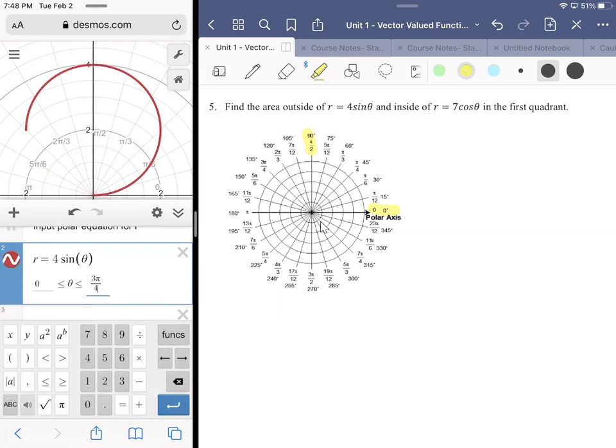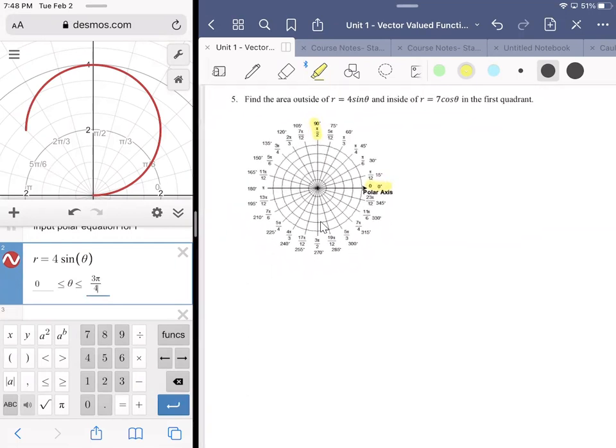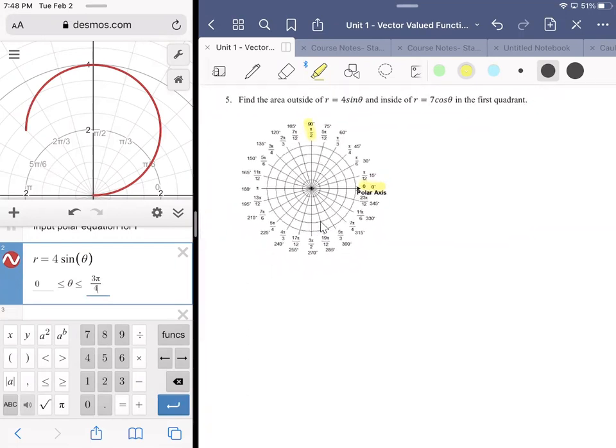So then it begs the question, all right, well, that could take a while. Is there a better way? Well, it looks like the loop gets closed at the pole. So if I have r equals 4 sine of theta, I can just set that equal to 0 to see the instance in which it hits the pole. All right, 0 is equal to 4 sine of theta. The pole is at r equals 0, in which case sine of theta would be equal to